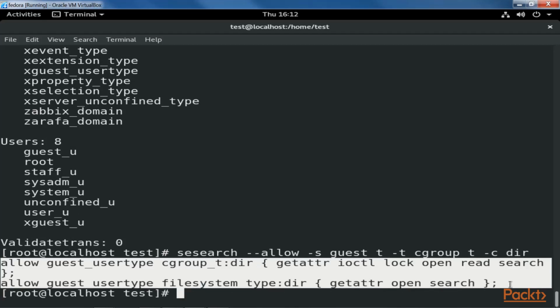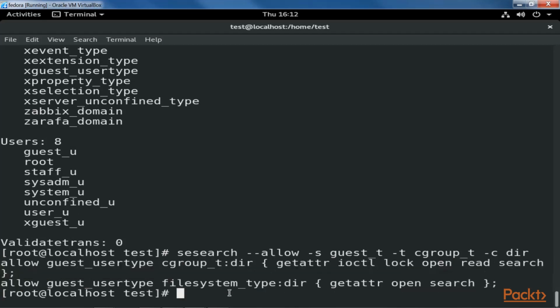Related to the allow rules are the audit allow rules and don't audit rules. A second set of rules are type transition rules. These show how actions such as creating new files, directories, or even processes result in a change in security context. A very common analysis done here is to see which type transitions occur that result in different domains. Let's type the command sesearch